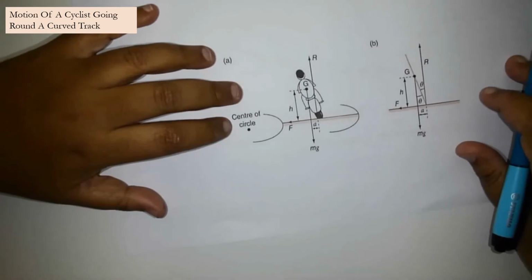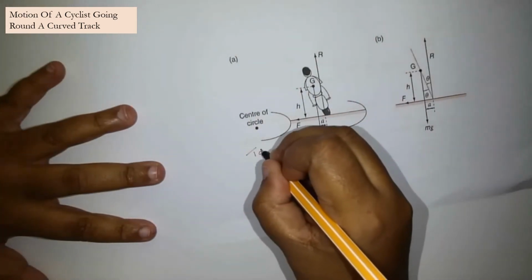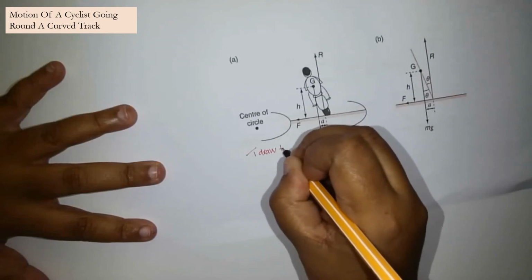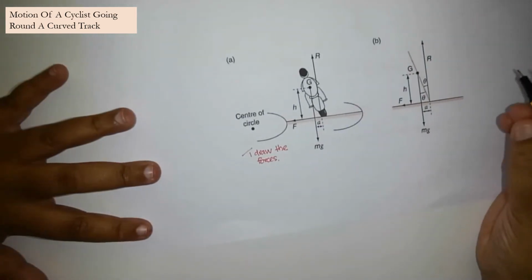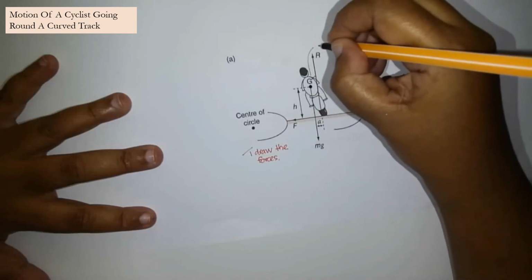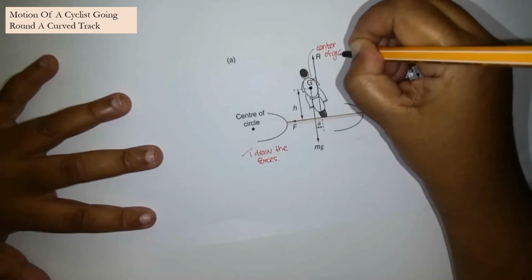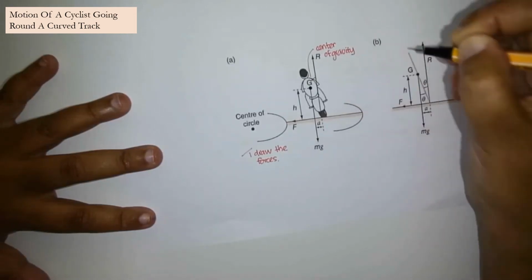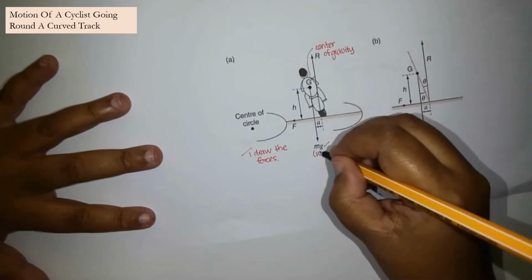So for this kind of question, what is the first thing to do, which I've always told you all? The first thing to do is to draw the forces. So the first thing we should do is draw the forces. Now here we have the center of gravity, which is G. G is called what? The center of gravity. So from the center of gravity we have the weight. The first force is the weight,